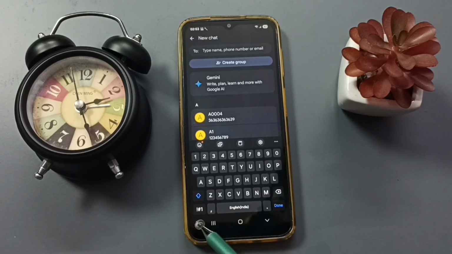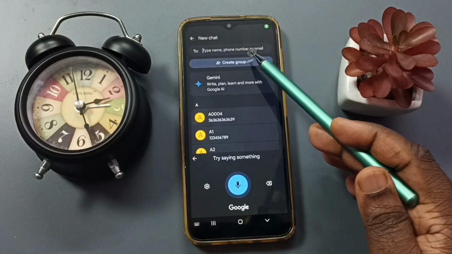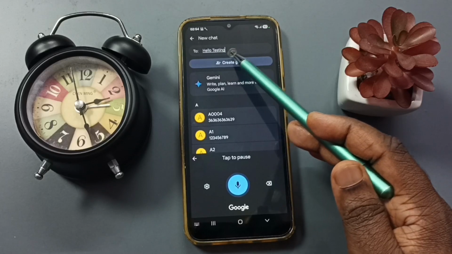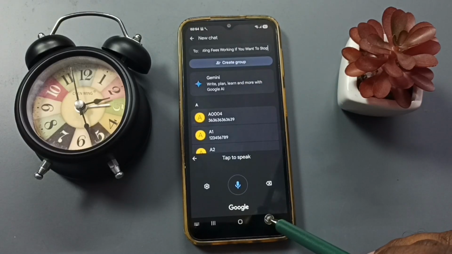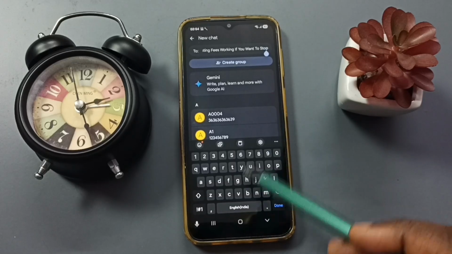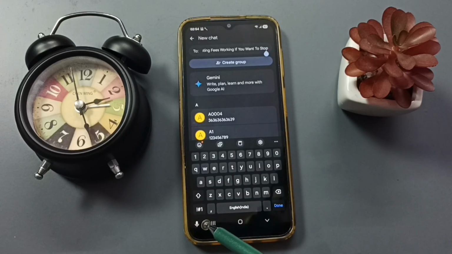So now here you can see the microphone voice input button. This is the microphone voice input button of the Google voice typing engine. Let me test. Tap here, hello, testing. See, it's working. If you want to stop, just tap here and stop. Done. Next I will show you how we can change this voice typing engine from Google voice typing to Samsung